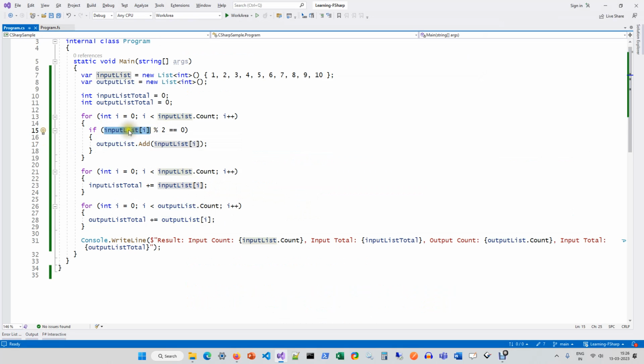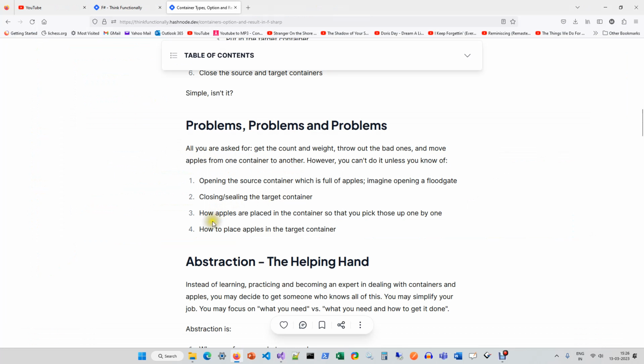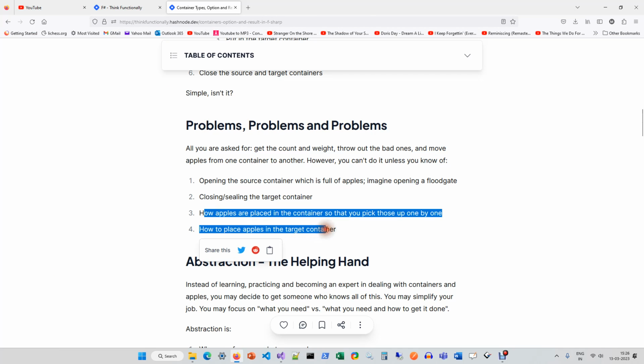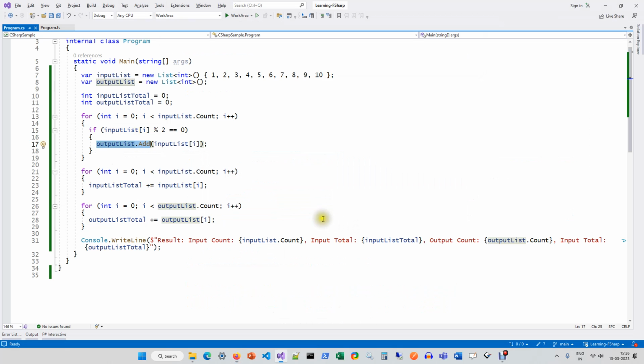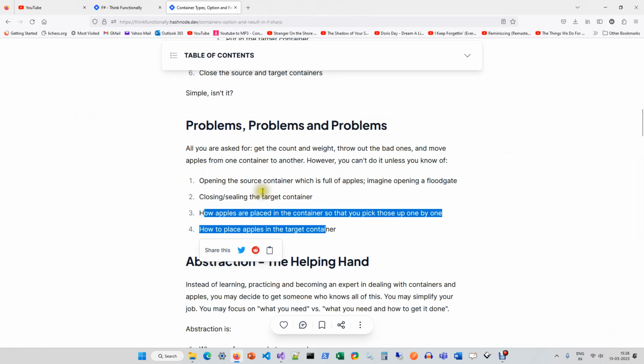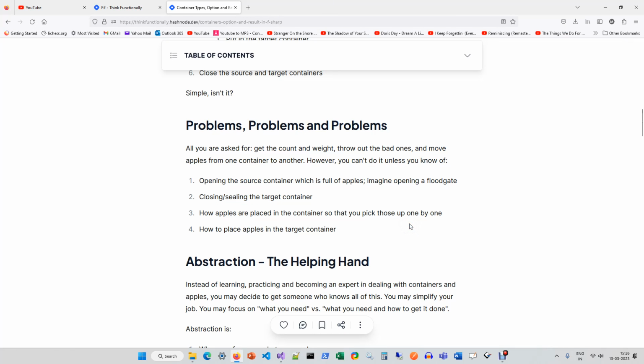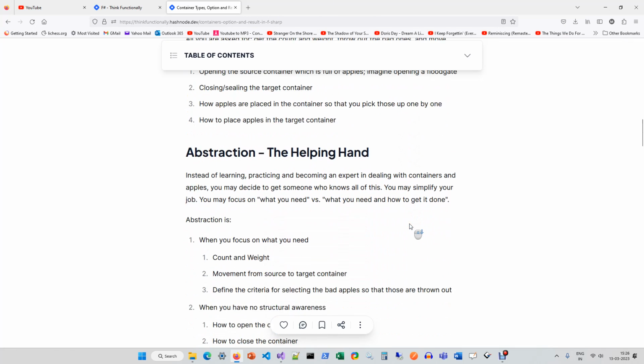This is how you pick elements from the source container, and this is how you add elements in the target container. You understand that. And yeah, so those are the other two aspects. The point that I'm making here is, which I will make over and over again over the course of many videos, is